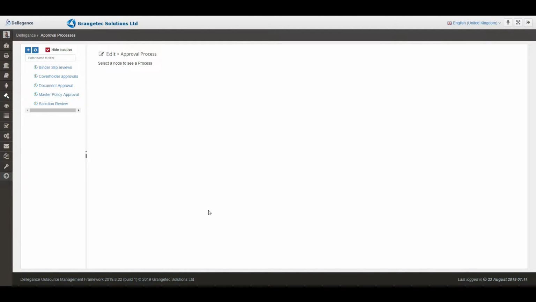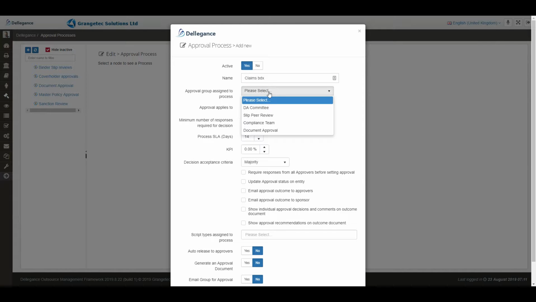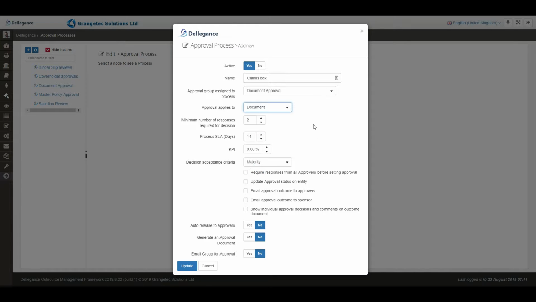So this is the process that's followed when an approval is requested. We'll set up a new one and start from scratch here. We'll give it a name, and we were doing a former document called a claims border here for the insurance industry. So who's going to actually be doing our approving? Well, we're going to use that document approval group, the people in that, as our approvers. And who does the approval apply to? Well, actually it applies to a document, because we are